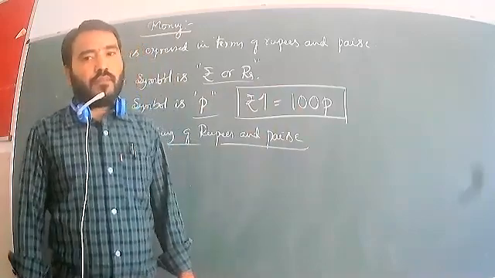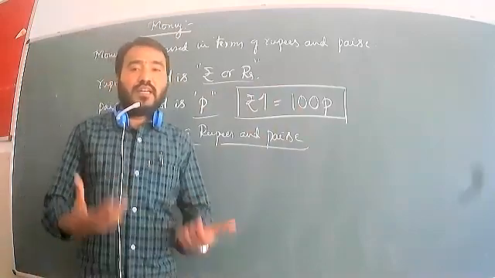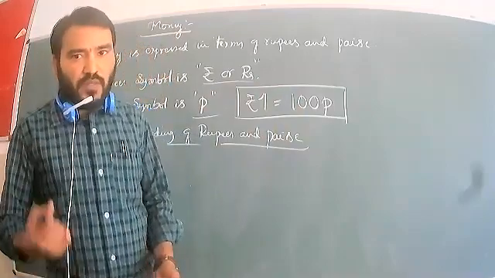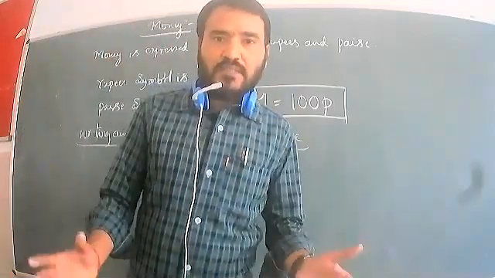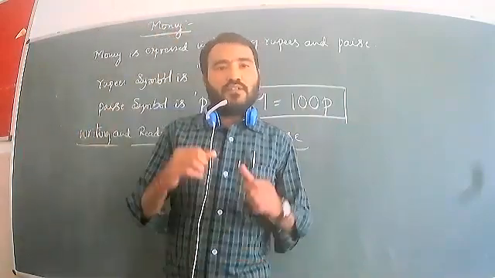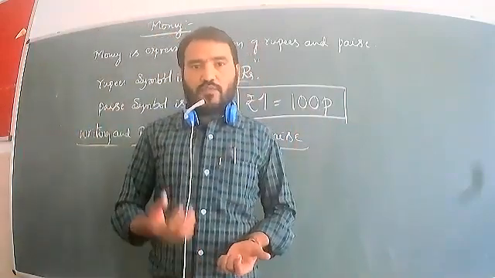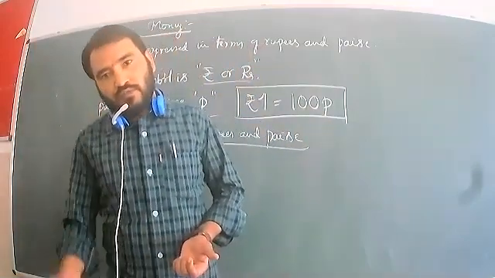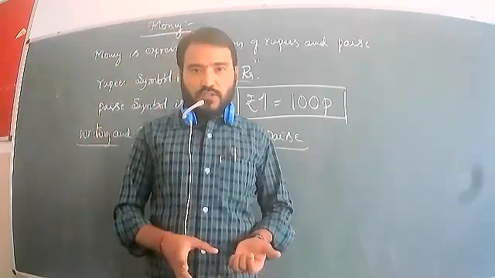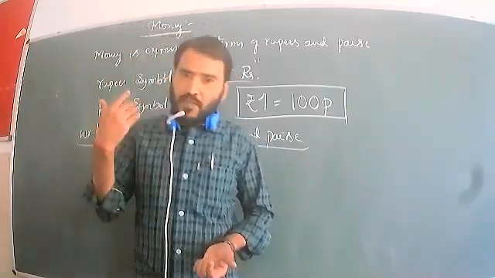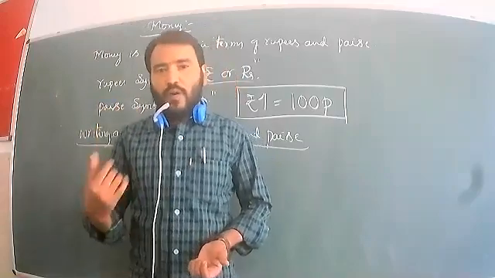Now, how to read and write rupees and paisa using the dot. We separate the rupees and paisa with the dot. Paisa is in the form of coins, like 20 paisa and 10 paisa. Rupees are in the form of coins and also notes, like 10 rupees, 25 rupees, 35 rupees.